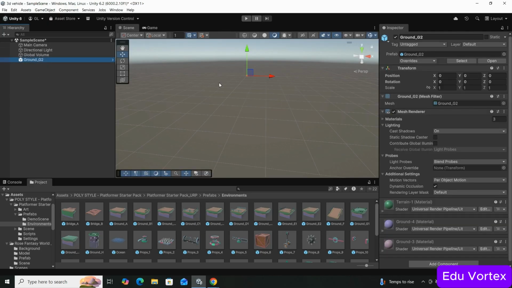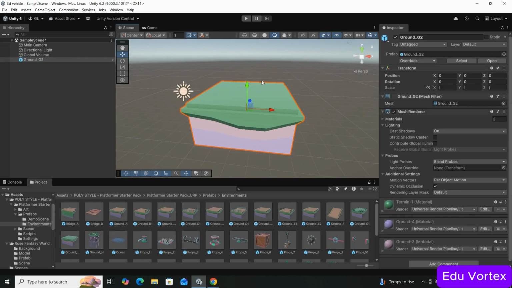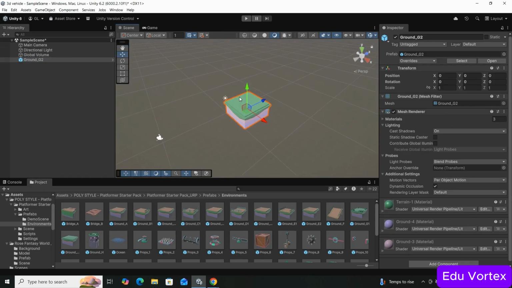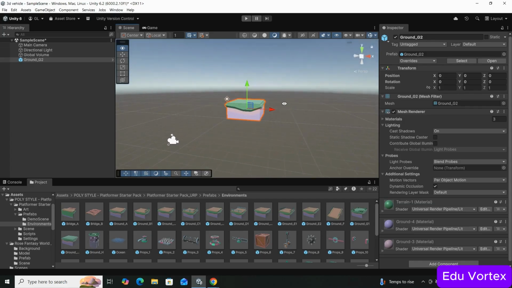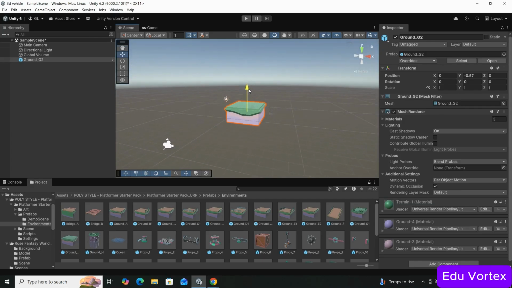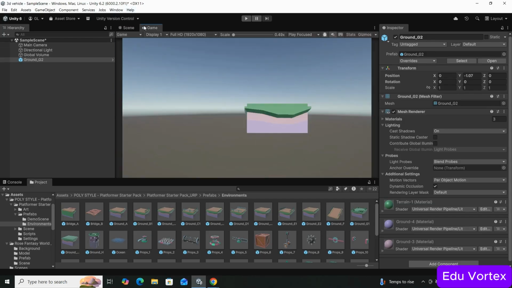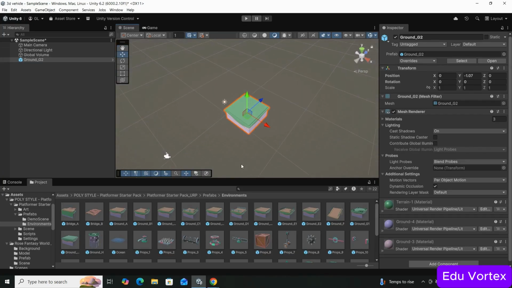And let's select this Ground G2. Let's hit F to zoom in, and here is our ground. Obviously, our ground is very small right now. Also, I will just take it a little bit down, and I want to resize it. Well, we can